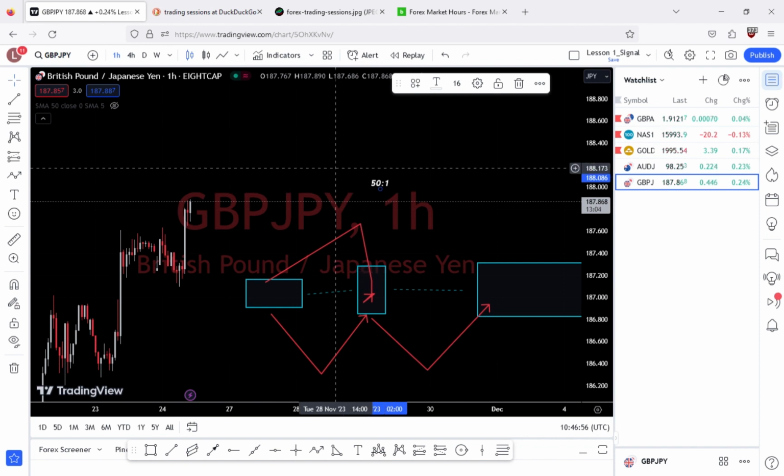Going into more detail with leverage, you're essentially borrowing money from the broker in order to trade. Again, the higher the leverage, the less capital you need to control a certain amount of currency. For example, like I said, with 50 to 1 leverage, you can control $50,000 with just 1,000 USD. This means your potential profits and losses are magnified. If the trade goes your way, you can make a lot of money. But if it goes against you, trust me, you won't like that.